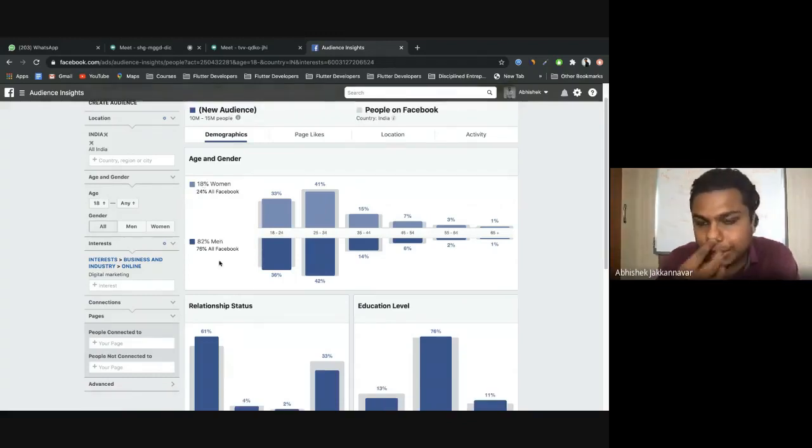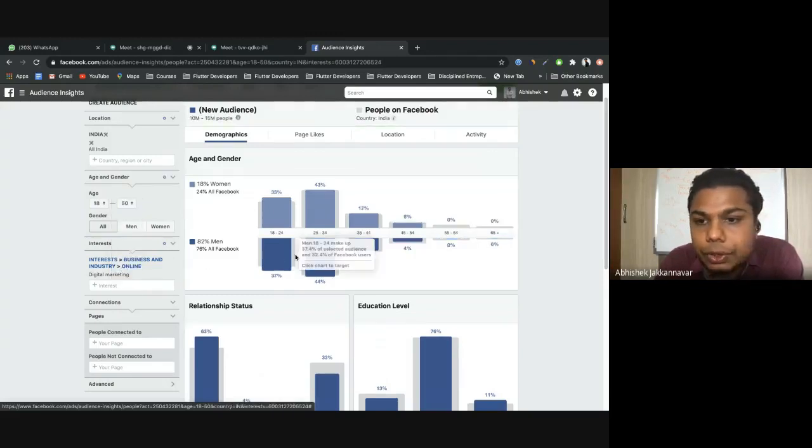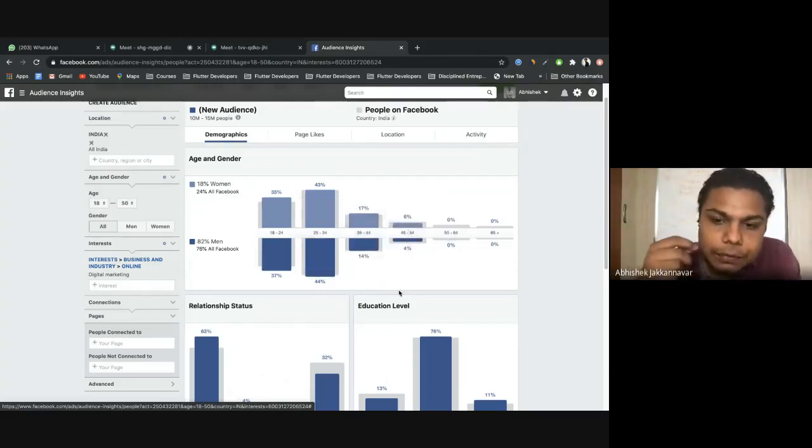Now you can see, if you want to target, when you put a persona, we put the age group, that from this age group to this age group is where I see a lot of insights. So maybe initially I would have put 18 to 45. This is exactly what I have been doing. Actually, I had put 50 first. But if you see here what is happening, the majority, 35%, 43%, 17%, of my customers are here. So now it gives you that crisp insight where you can fine tune.